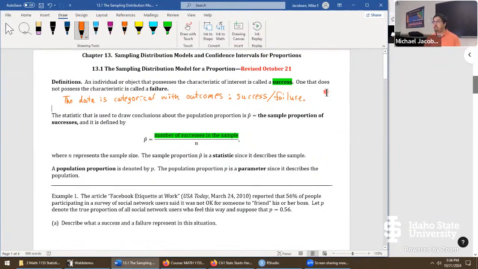Our statistic is easier to calculate than the sample mean when we're dealing with quantitative data. We just take the number of successes that were in the sample, divide by the sample size, and we get the statistic p hat. So it's this way when you write it, p with a little, we call that a hat, so just an up arrow right on top of it. It's read as p hat. So that's our statistic. It measures the successes in the sample.